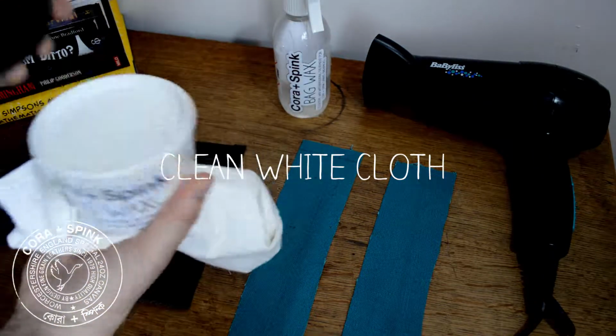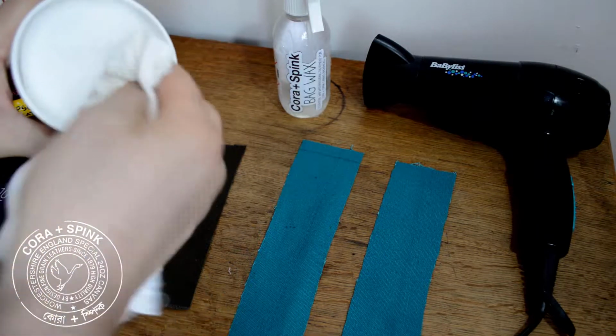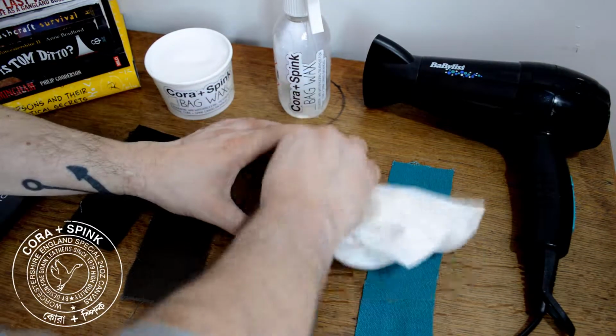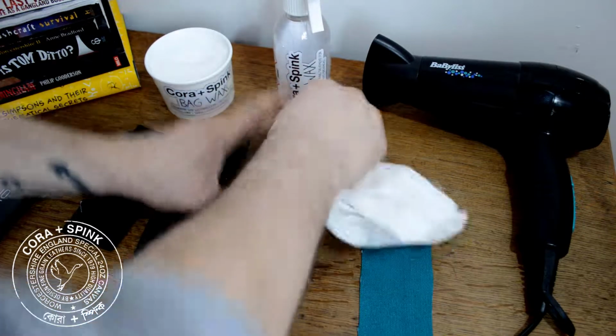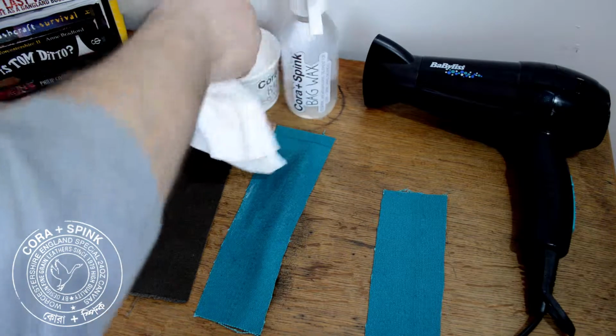Take the paste. Now, much like any other paste, such as a shoe wax or a shoe polish, take a nice amount and just spread it onto the canvas all over. Take your time, use plenty,